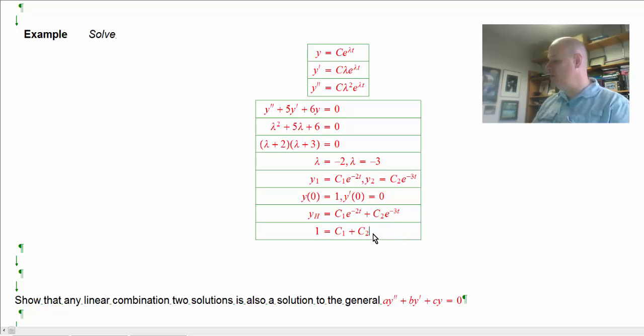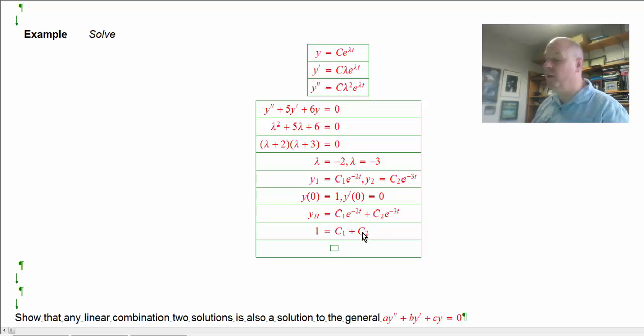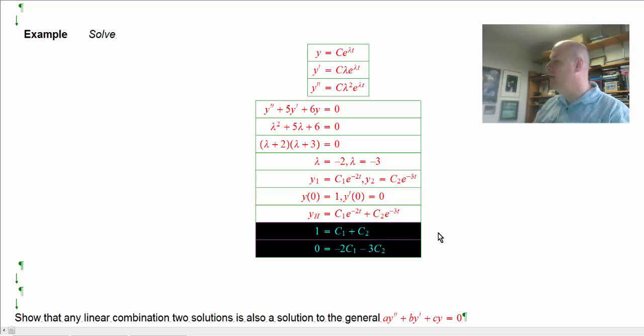I get an equation for c1 and c2. They both have to add to be 1. And if I differentiate this, and then invoke the second initial condition, that the derivative at 0 has to be 0,